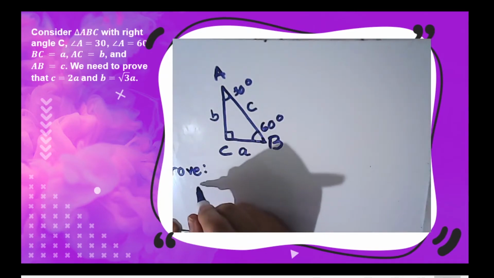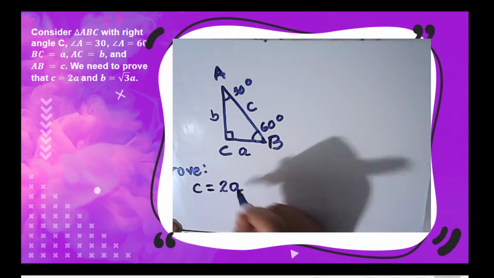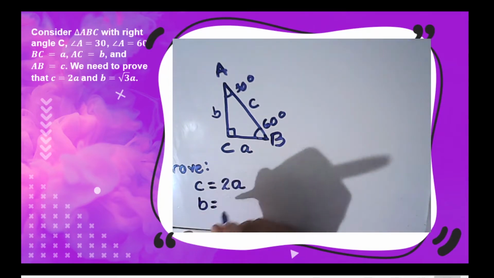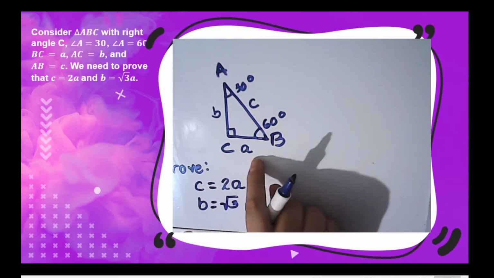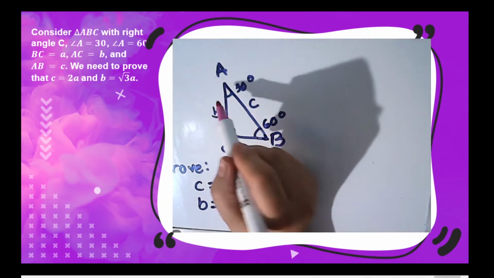We need to prove that the length of the hypotenuse is equal to twice the length of the shorter leg, and the length of the longer leg is equal to square root of 3 times the length of the shorter leg. When we reflect this right triangle,